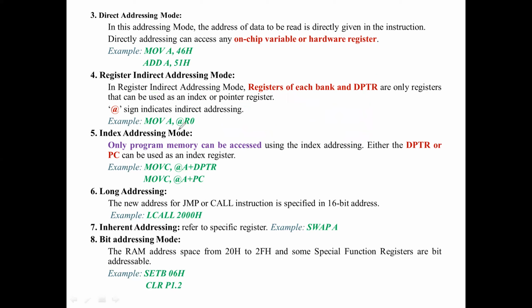See, the only difference is if you place @ means @R0, let us take 46H. So in the place of R0, we can say it is 46H. So you can mention that @46 means at the 46 address, the data is moved to the accumulator. Not 46 data. 46 is not the data now. 46 is the address. From that address, whatever the data is, that is moved to the accumulator. So here it is the indirect way of addressing mode. If you see the @ symbol, then it is indirect addressing mode.